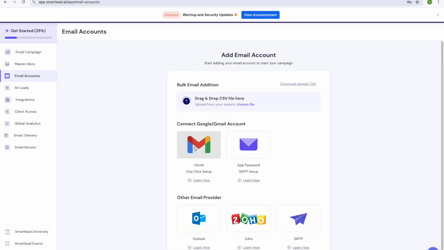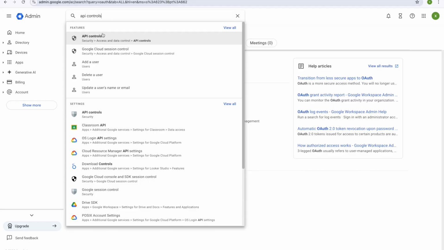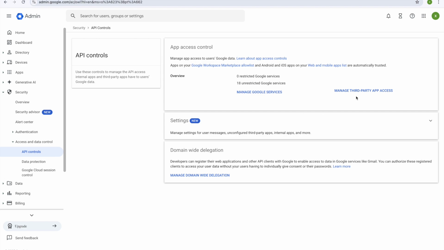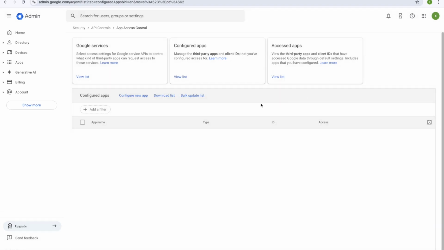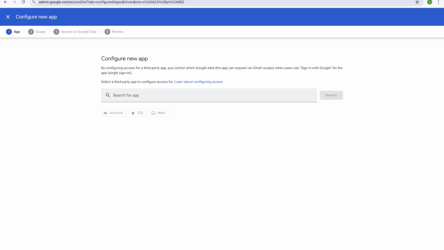Smartlead for the next part, which will be adding those email users that we created on our Google motherboard profile, those 2 users connected to that 1 domain that we have made so far. So you're going to click OAuth Setup here. Now what you're going to do is go back to Google Admin. You're going to search up API controls, and then now that you're here, you're going to go to manage third-party app access, okay? And now you're going to say configure new app, click that, and then you're going to go back